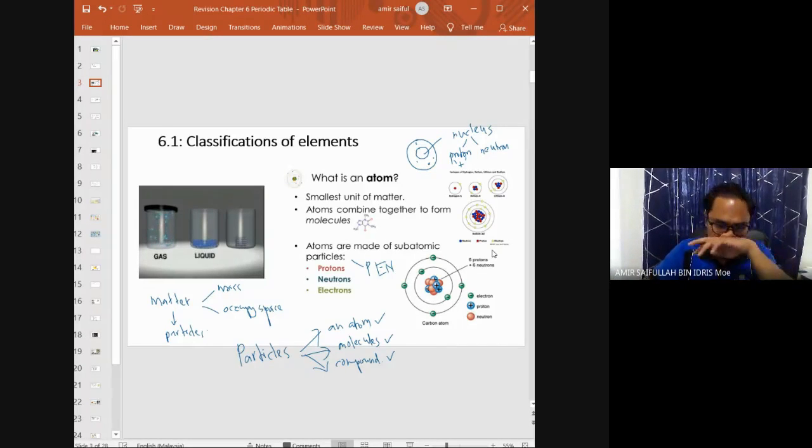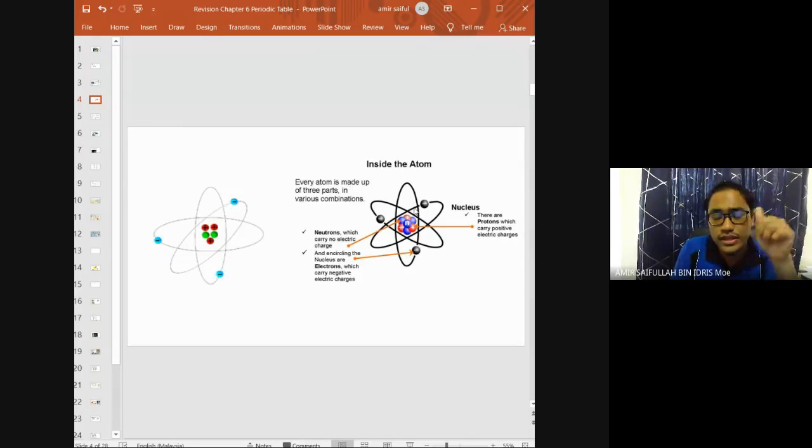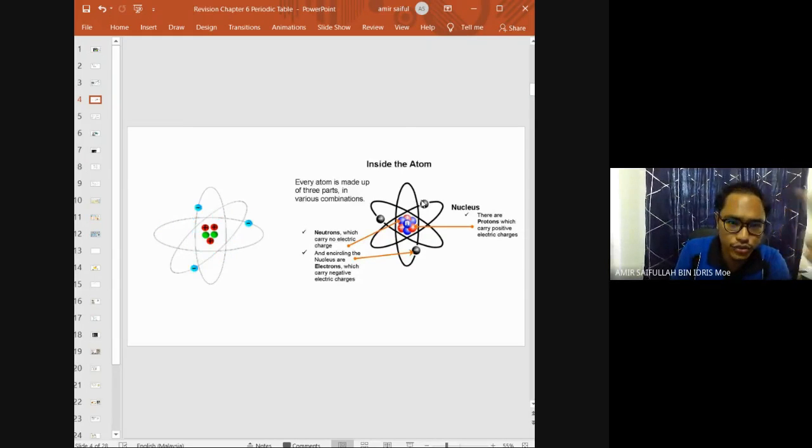Okay, nice. So this is an atom, the simplest one. Let's now see what is inside an atom. As I said just now, inside an atom there are three things: electron, proton, and neutron. Okay, so in a neutral atom,